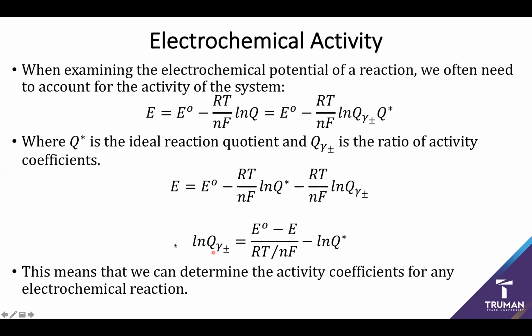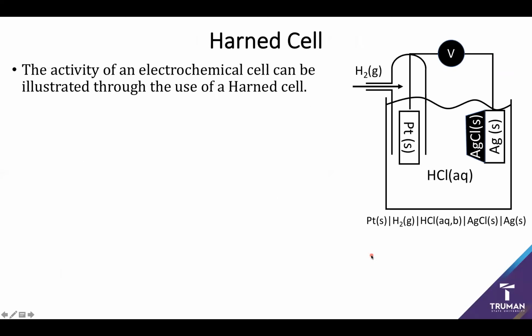However, let's be honest, this general expression is a little bit ungrounded. So let's try and relate this more general expression to a real chemical system. So when trying to evaluate chemical behavior, a classic case to try and examine is what's called the Harned cell. So this is actually one of the more simple electrochemical cells, and it's one of the cells that's the most important to determine its behavior, because the Harned cell is literally